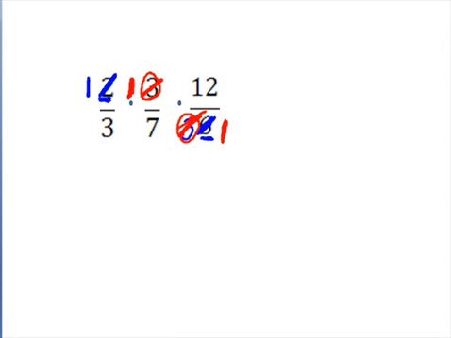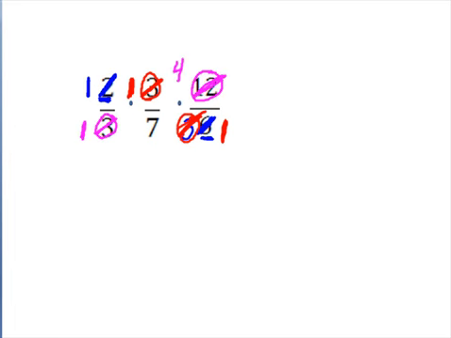If you didn't see any other common factors, you could multiply straight across the top and straight across the bottom. Check your final answer to make sure it can't be reduced further. I'm going to keep simplifying because I noticed that the 12 and the 3 that are across from each other can both be divided by 3. Now some of you might have already reduced your 12 by simplifying it with the 6 that's below it, and that's okay. I'm going to divide the 3 by 3 to make 1 and the 12 by 3 to make